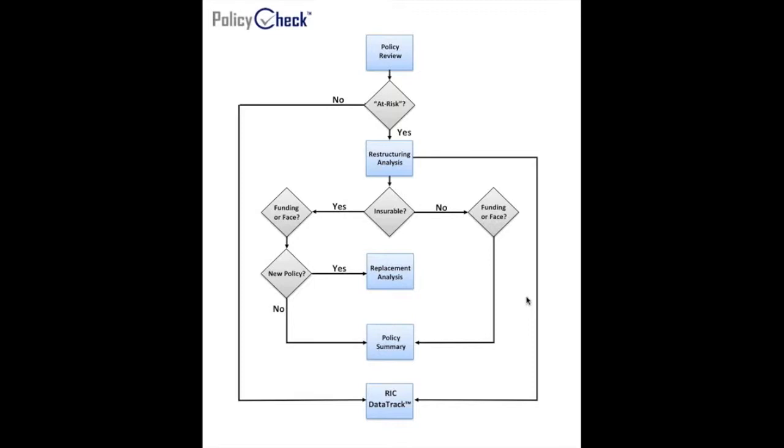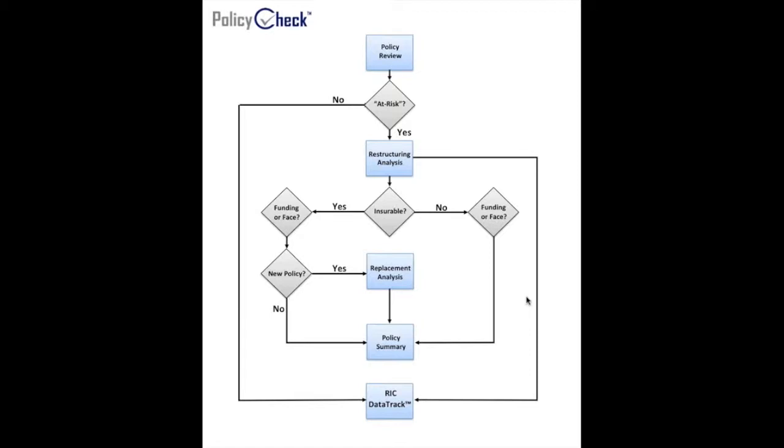If the restructuring analysis showed that it was not competitive, then it would follow the flow chart here, and you can see where it says no, and the same thing would occur. The trustee would notify the carrier that we want to reduce the funding or modify the face on the current policy, and that would all be noted in the policy summary. So if they do determine to go for the new policy, we would execute a HIPAA, maybe take an initial application based on the carrier that we determined was the most competitive in the restructuring analysis, and go through the